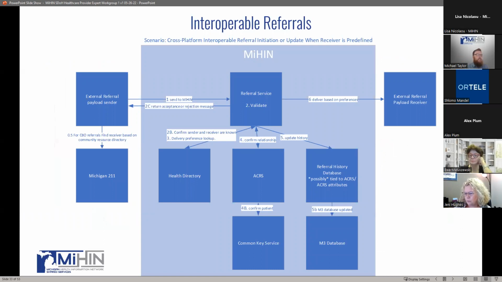This is a really business level way of thinking about the design that we have in mind for interoperable referrals. And you can see here right off the bat, Michigan 211 is there on the bottom left. Unless things change, we want to leverage Michigan 211. I personally, if any of you know me, I've been involved in trying to get the health directory at MiHIN to be a health resource directory, and